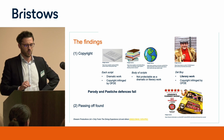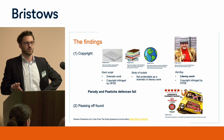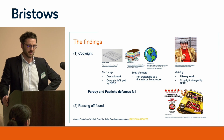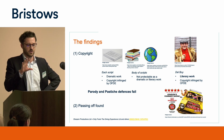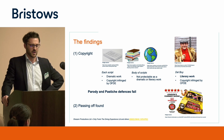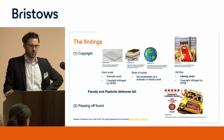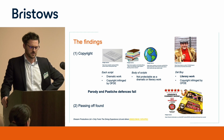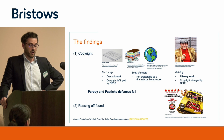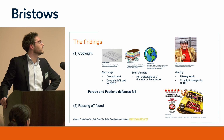They also tried to rely on the body of scripts as a whole, which represented the world of Only Fools and Horses. But the judge didn't like this so much and said that was not protectable as a separate body of work. The main reason was that each episode was its own discrete story, rather than a continuous flow of one story. Finally, and most interestingly, they claimed copyright in the character of Del Boy,